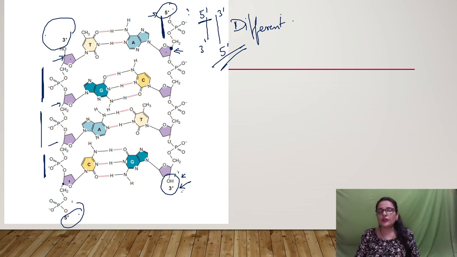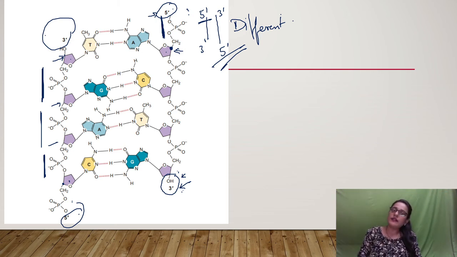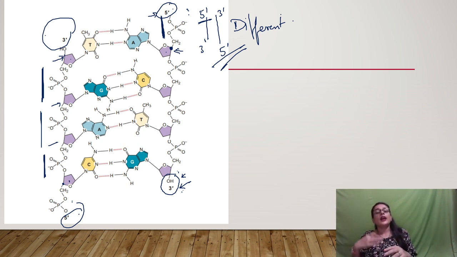With this, we come to the end of this video. In our next video, we will talk about the glycosidic bond, and I will give you the concept of hydrogen bond, so that in our upcoming video, we can talk about how the hydrogen bonds are formed between adenine and thymine, guanine and cytosine, why only 2 between adenine and thymine, why 3 between guanine and cytosine, and why not between adenine and uracil or adenine and cytosine. So we will talk about these things in our 3rd video. So in the 2nd video, we will talk about the glycosidic bond, as well as I will give you the concept of hydrogen bond.